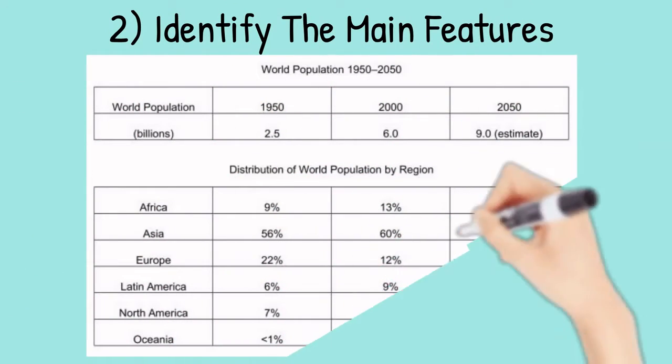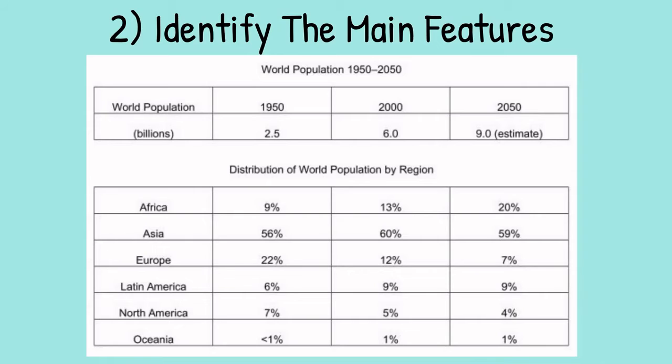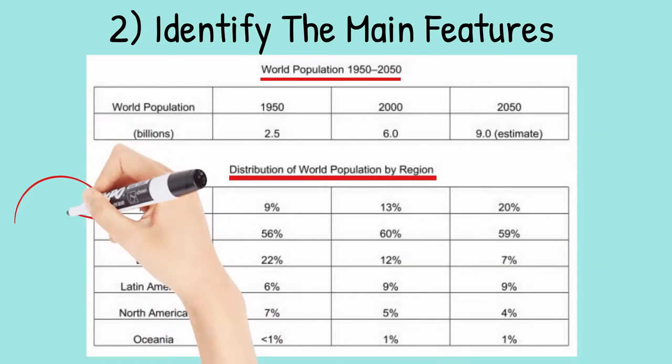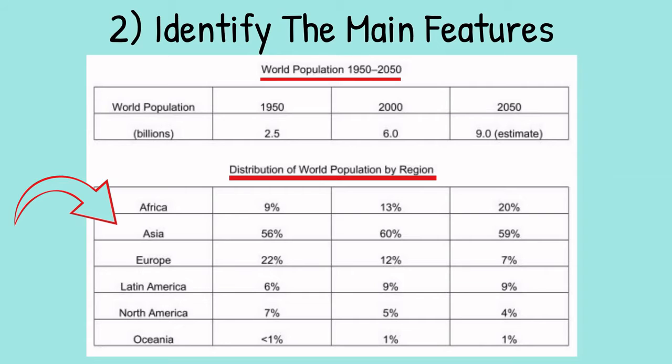So what information is contained in this graphic? Here's our table chart again. The key to understanding it is to use the clues given in the title, the row and column headings, and the units of measurement. For example, the title of the table tells us that it shows changes in the world population from 1950 to projected levels in 2050. The world is divided into regions, that is Africa, Asia, etc. and data is given for 3 specific years, that is 1950, 2000 and projected data for 2050.